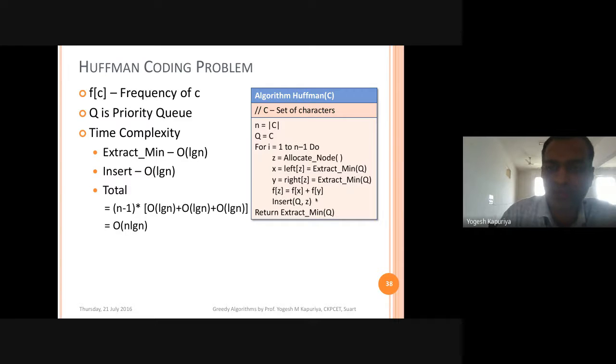This is constant, so 1. And then you are inserting into the priority queue, which is again lg n. So this is 1, lg n, lg n, 1, lg n. That means if you add all this together, it will be 3 lg n plus 2.